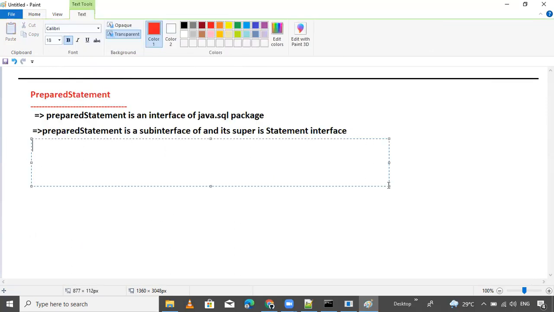The next point: I have told you there are two major problems with the statement interface. First problem is...